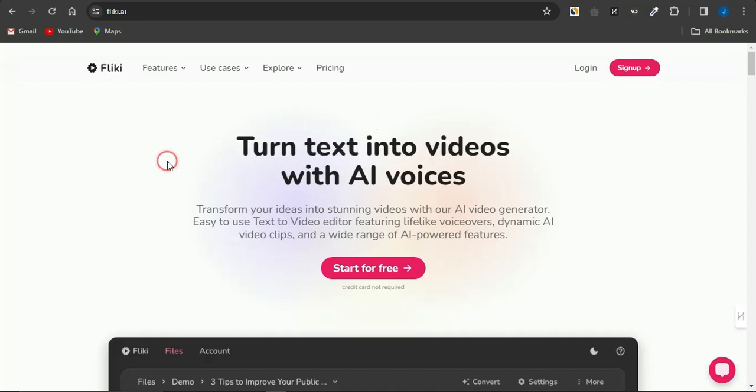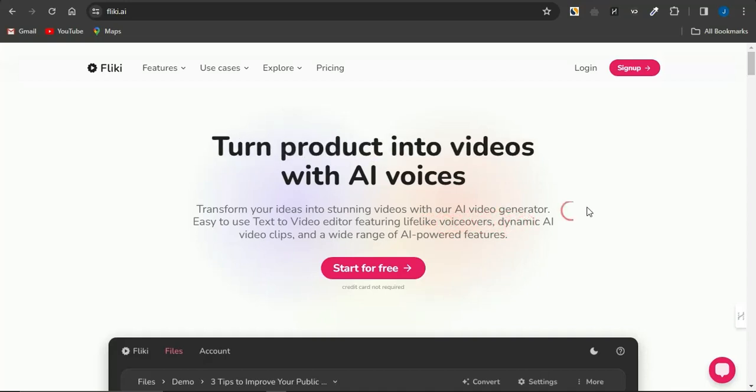It is quite easy, as you can turn text into videos. You can turn ideas, prompts, descriptions, blog posts, Twitter tweets, and a lot more cool stuff into a video right now with the platform. As you can take note of this, you can transform your ideas into stunning videos with our AI generator. As you can see, the claim is easy to use. The text to video editing features voiceovers, dynamic AI video clips, and a wide range of AI